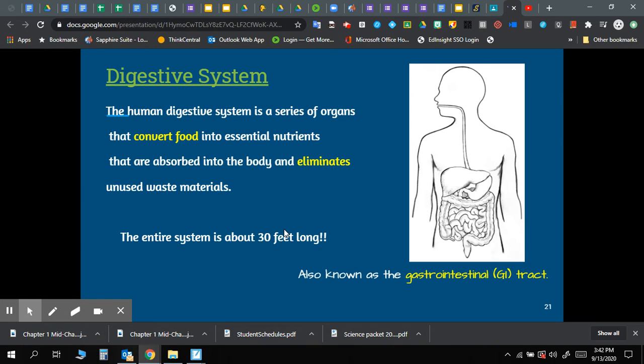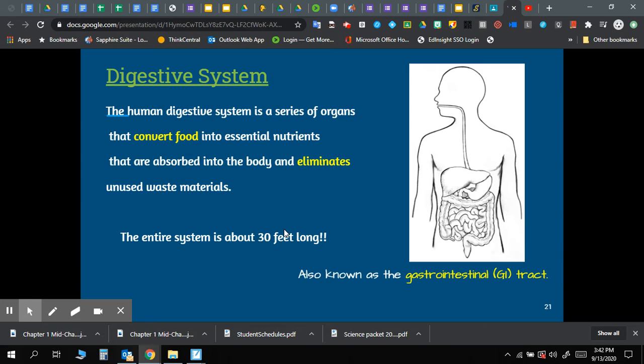So take a look there at the picture. You can see it says, as food passes through the digestive system, chemicals break it down into nutrients the body cells need. And then at the bottom, there's another caption that says, nutrients pass into the blood through the walls of the villi in the small intestine. Okay, so take a look there.